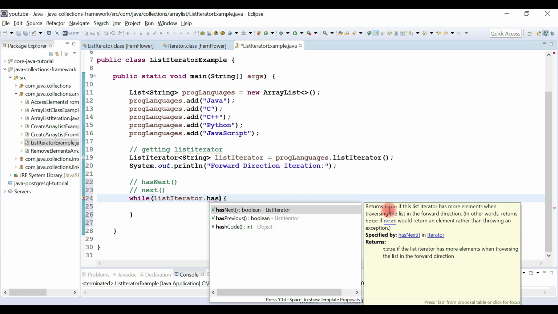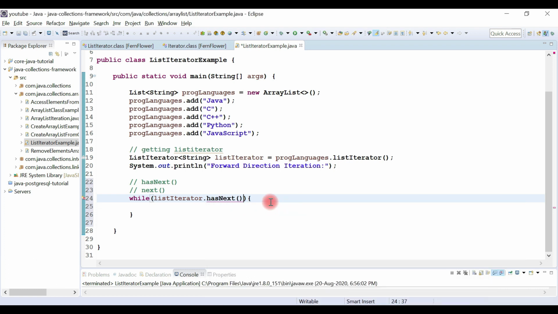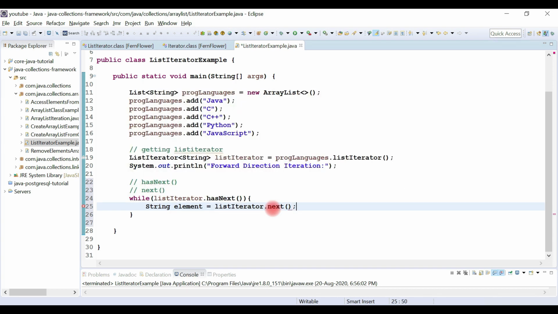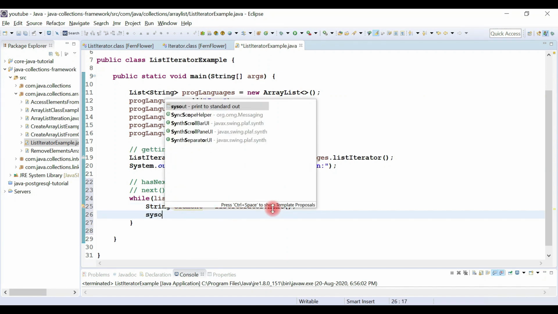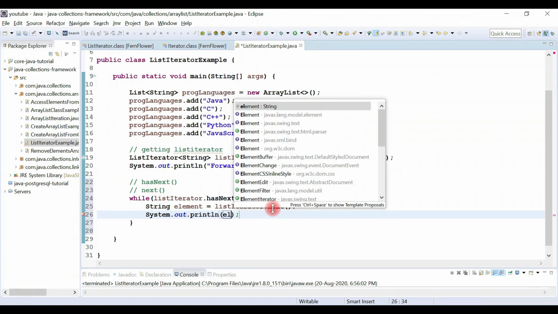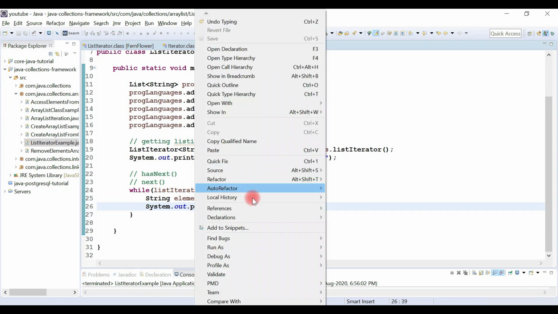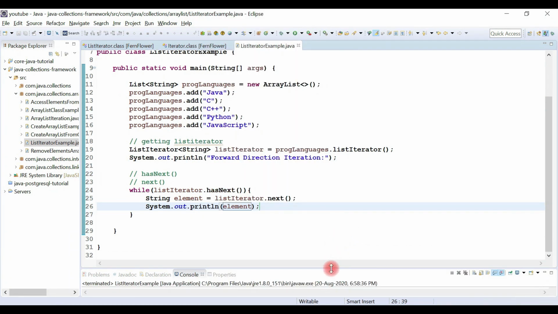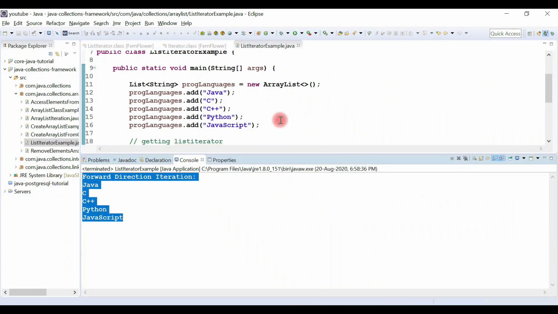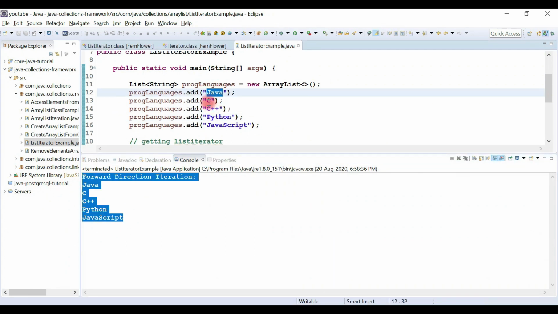If it is present, then it returns true, and I'm going to get the next element in an element variable from the ListIterator by calling the next method. Great. And simply print the element to the console using sysout. Go ahead and run the program. Yeah, here we go. In forward direction, first we print Java and then C, C++, Python and then JavaScript. This is in a forward direction, right?